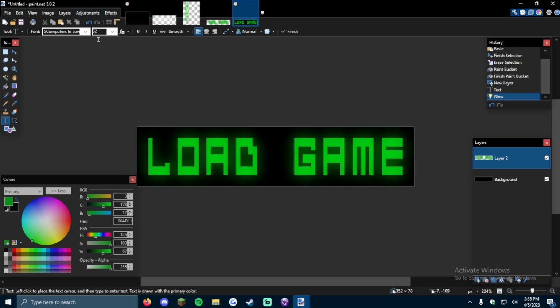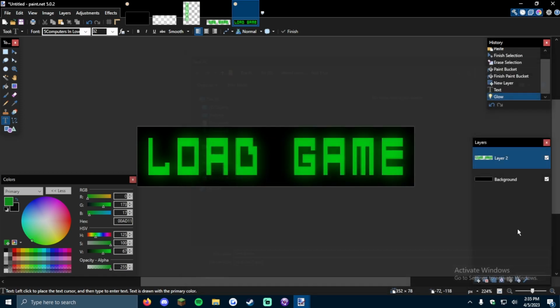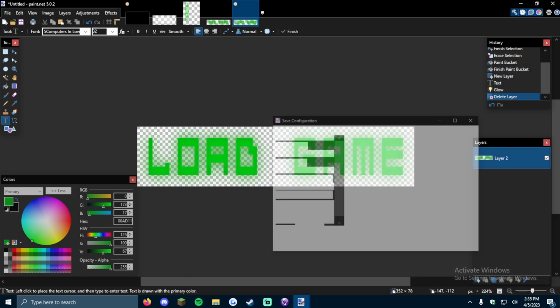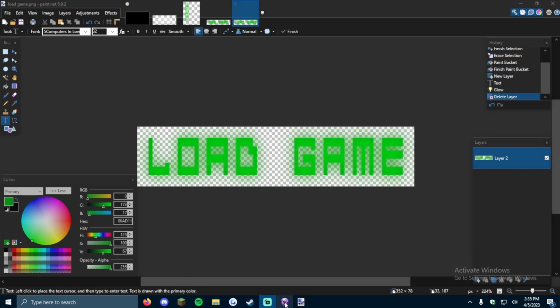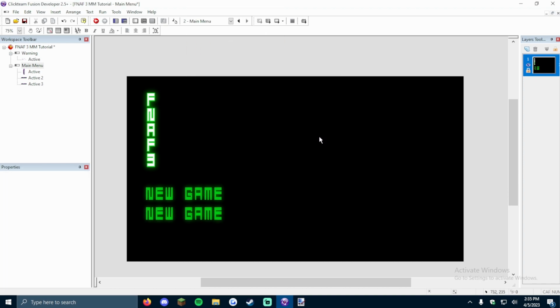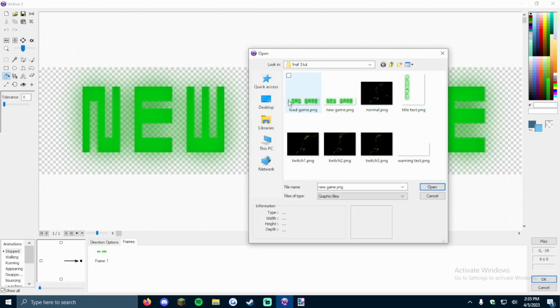Then repeat glow, file, save as, load game. Oh, forgot to delete the layer again, my bad. And then file, save as, load game. Sorry, keep on voice cracking. Then you can right click, and then clone object, then press OK, and then just open it, load game,